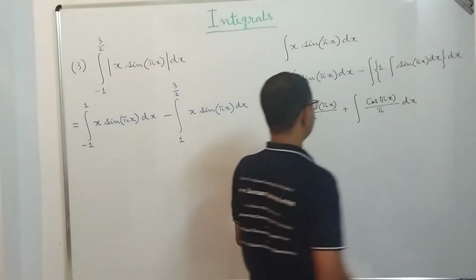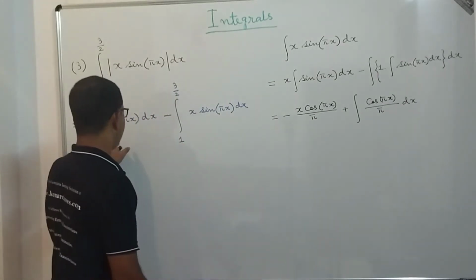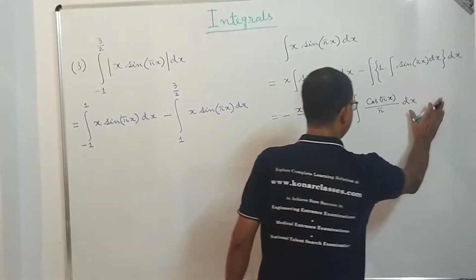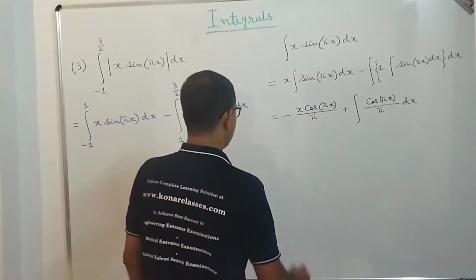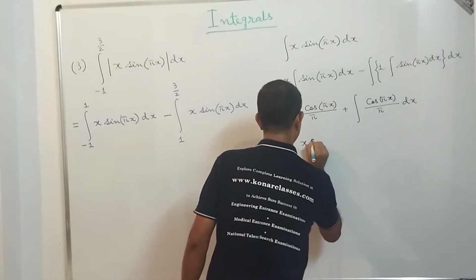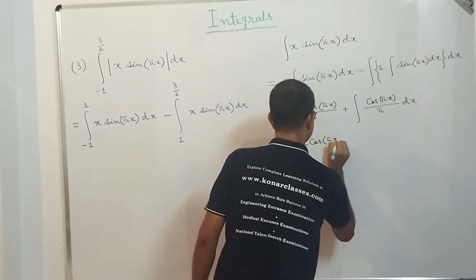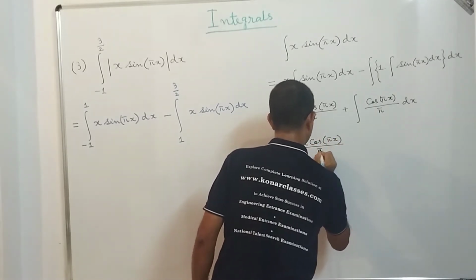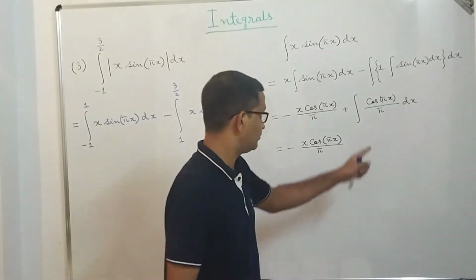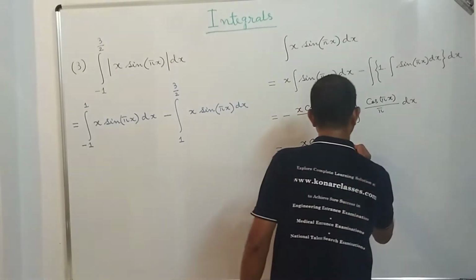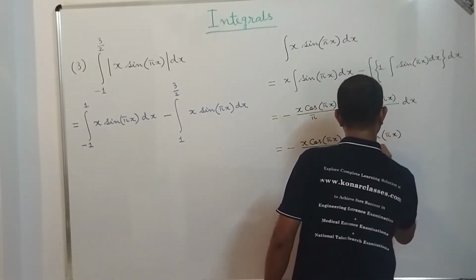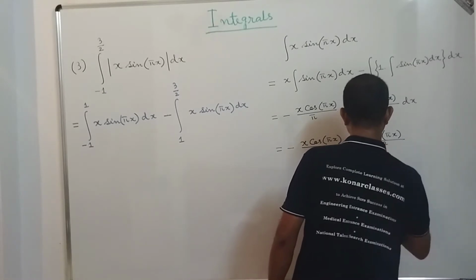And there will be integrating constants, so I am not considering those integrating constants because ultimately it will be removed, because finally you need to find the value of the definite integration. So keeping this in mind, I am not writing any integrating constant. So now what you can write, that is equal to minus x into cos pi x divided by pi, and integration of cos pi x is what? Sin pi x divided by pi. So this pi and this pi become pi square. So that is equal to sin pi x divided by pi square.